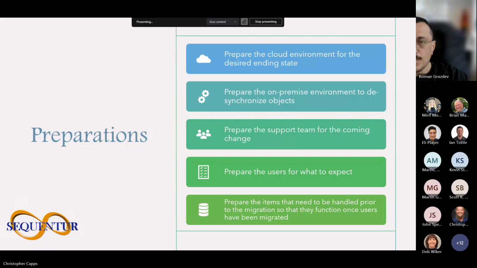John? Yeah, so are you saying that moving users over one at a time is not recommended, or I didn't quite understand? It is recommended. It's possible to do them all at the same time. You can do them all. But this scenario is recommended to do one user or one group at a time for a bigger organization. Sequential. So, Chris, we did like what, 3-4 a day or something like this.